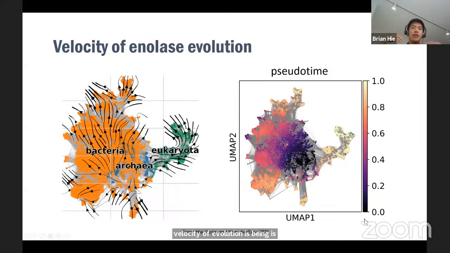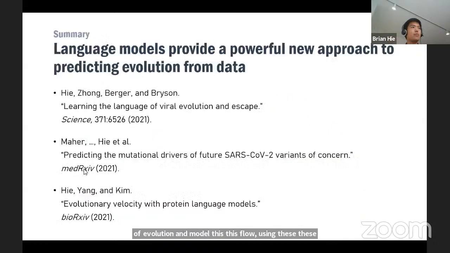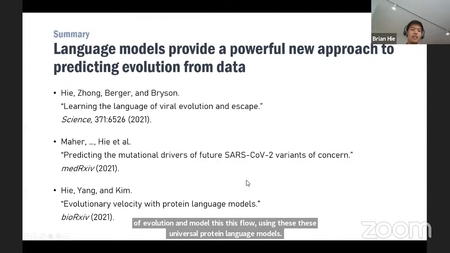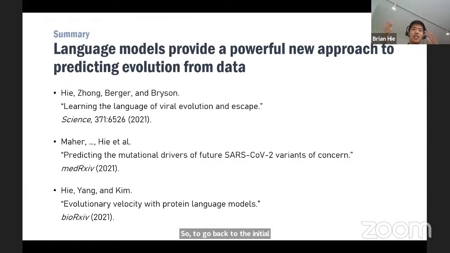recovered. And we can also show that this extends to even the longest evolutionary trajectories spanning all 3 domains of life, bacteria, archaea, and eukaryota. And we can also similarly predict the directionality of evolution and model this flow using these universal protein language models. So to go back to that initial question, there's probably a lot in evolution that's just due to